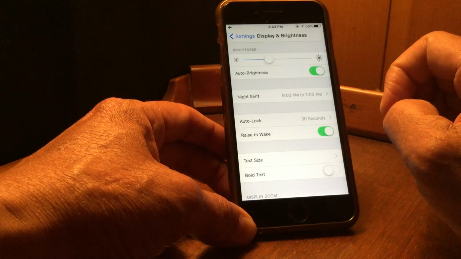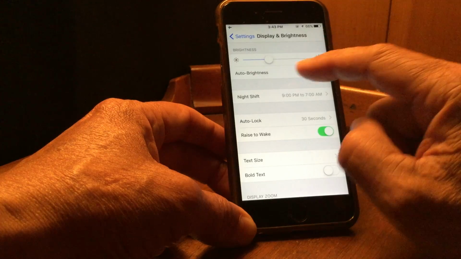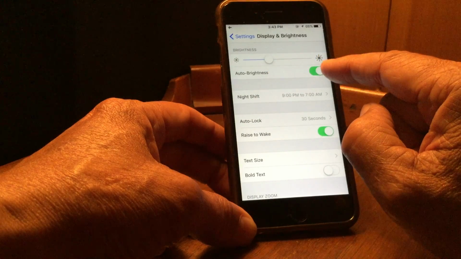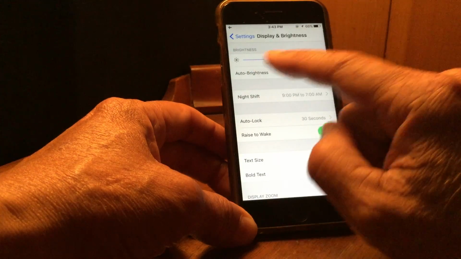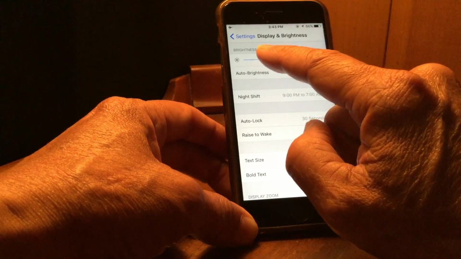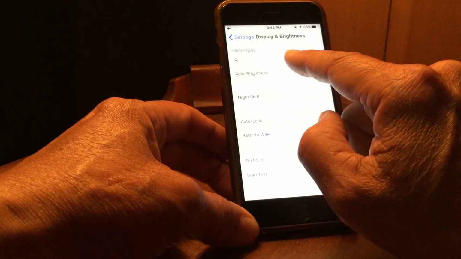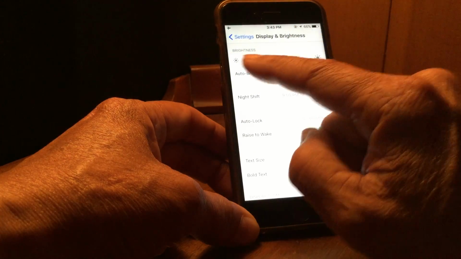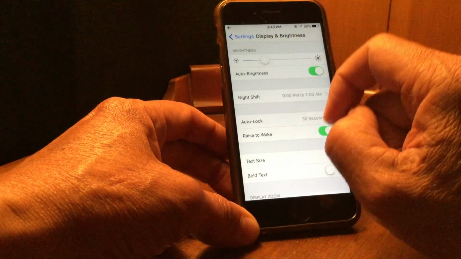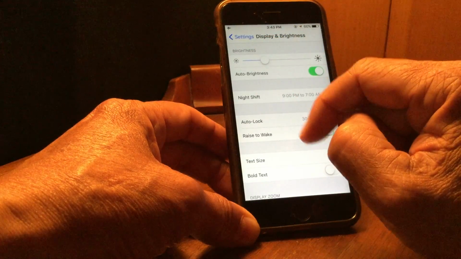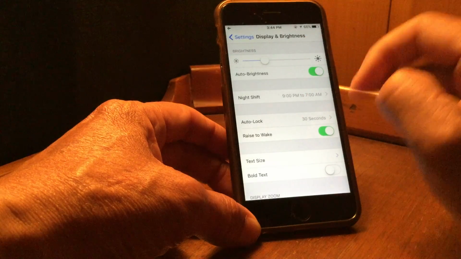it's not bright sunlight. I would recommend that you use the auto brightness, and then if you want to adjust it, you can just slide this back and forth, and it will eventually just kind of readjust itself. But this is a good way to make it so that you can adjust it for the light environment that